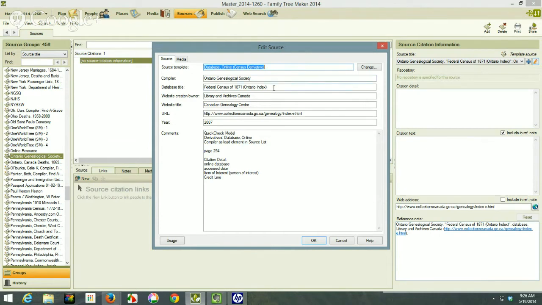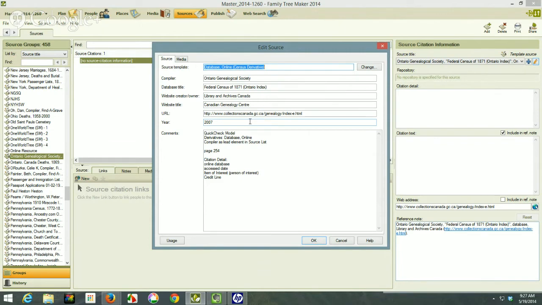The database title is Federal Census of 1871. Ontario Index is the name of the title from the website. The website creator is Library and Archives Canada. The website is Canadian Genealogy Center. And there is the URL, and it was created in